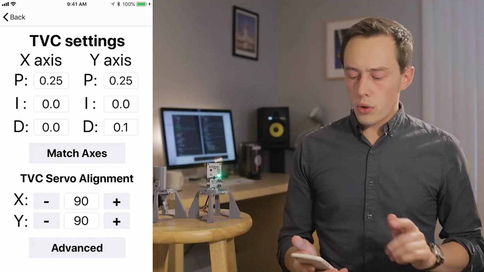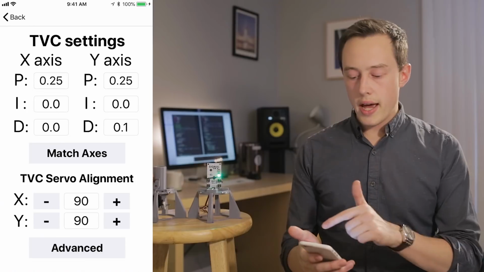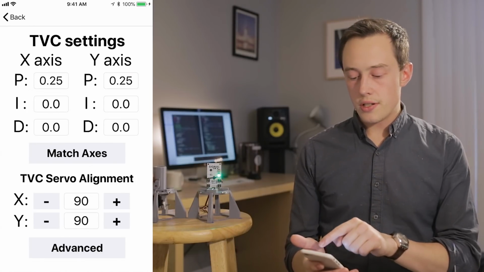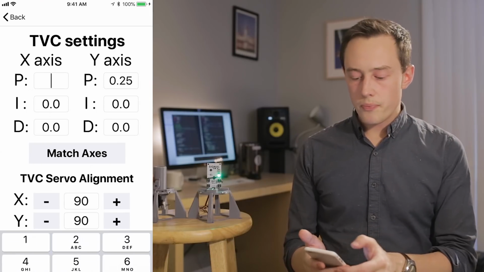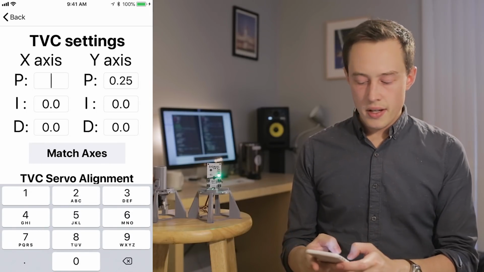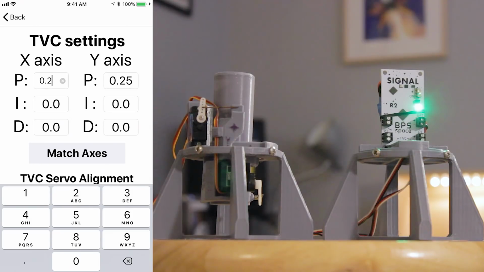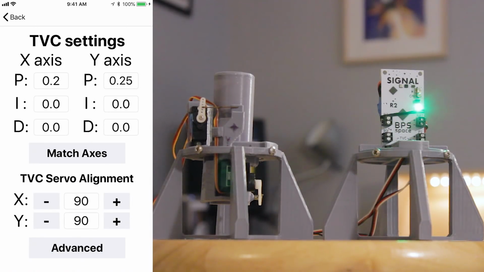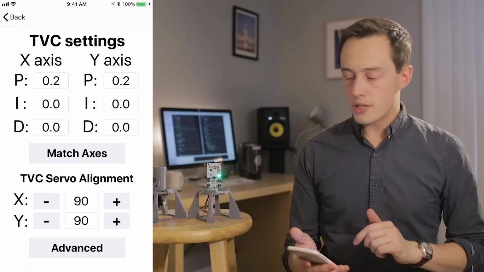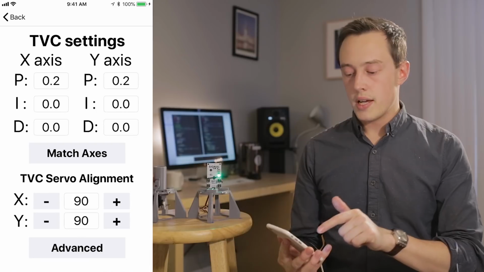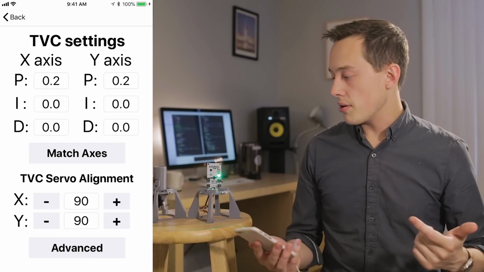Okay, so it's configured. We're gonna match our axes here, so the X and Y axis both match. Okay, cool, you can see the values changed, and let's make P 0.2. Oh, sorry, 0.2, there we go. And we'll match it again. Okay, cool. So these are all, like the Pyro channels, live readouts on the application